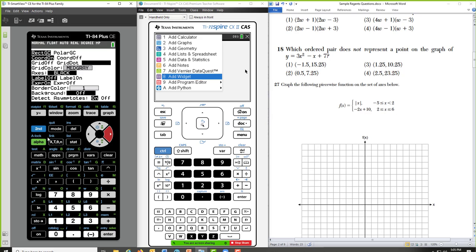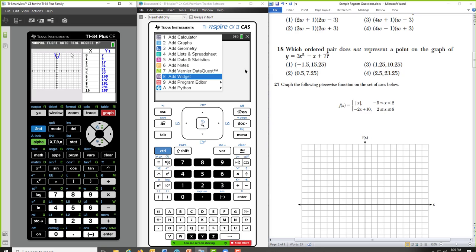Now I will be transparent. The 84 Plus and the 83 Plus has grid dot, which when we're doing virtual might be helpful just to get spatial relations, because it's kind of hard to see where 3, 4 is in space, especially virtually if you don't have a calculator. But this is how I might recommend doing it.